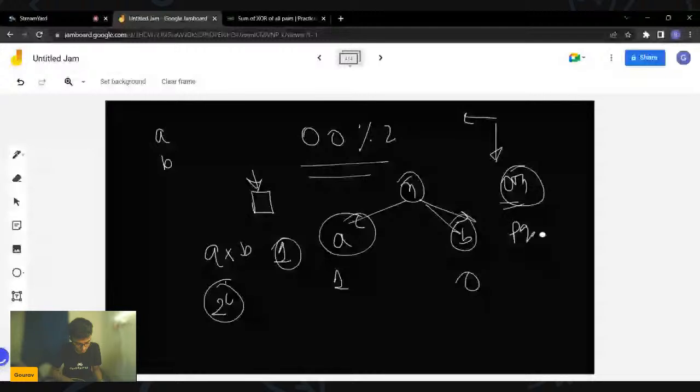So for every bit position, you have to find the count of numbers having the unset bit at that position, and the count having the set bit. Let's denote them by P and Q. Then you will multiply P into Q into 2 to the power i for all the bit positions, where i will range from 0 to 32. We are considering 32 bits, and we do this for all the possible numbers. Okay, so this is the concept behind solving this problem. So let us have a look at the implementation as well.